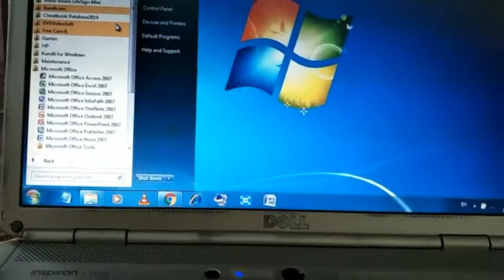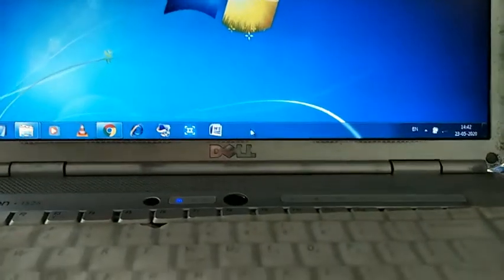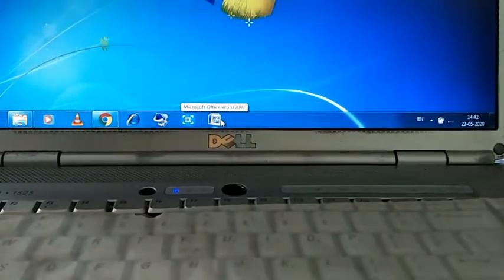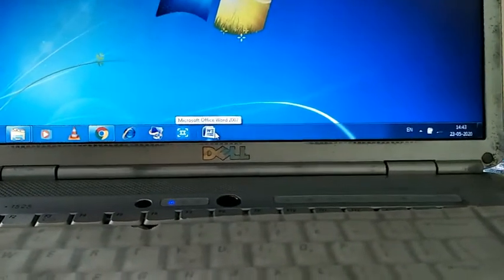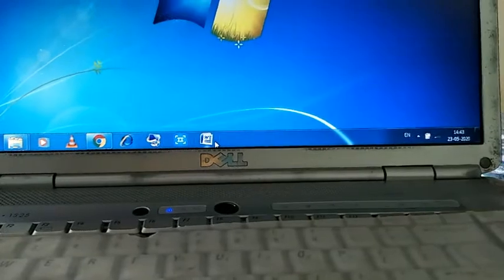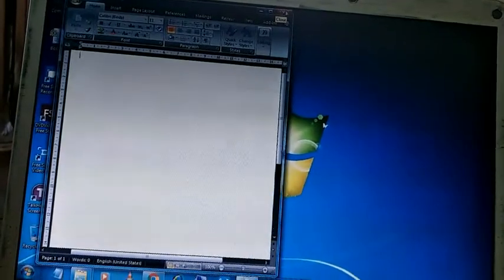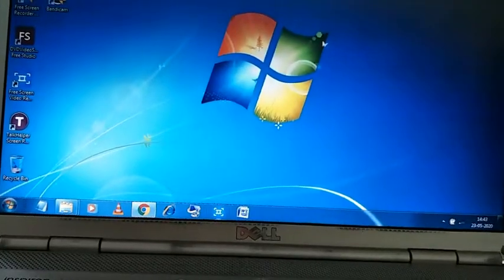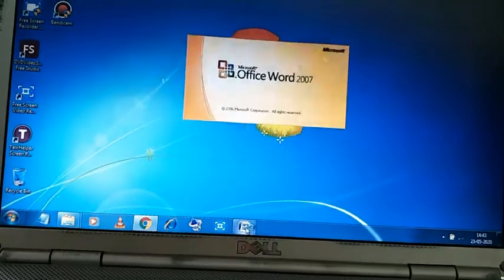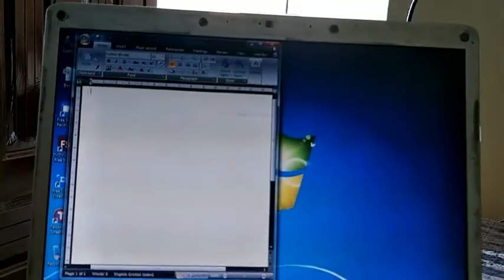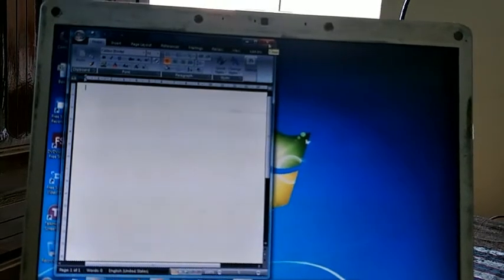Look, now you can see the icon of MS Word is here. So whenever you want to open it, just click here and then your MS Word will open. You can see. Okay, close it. Now again click here. Look, it will open. Okay, so that is the use of pinning programs to the taskbar.